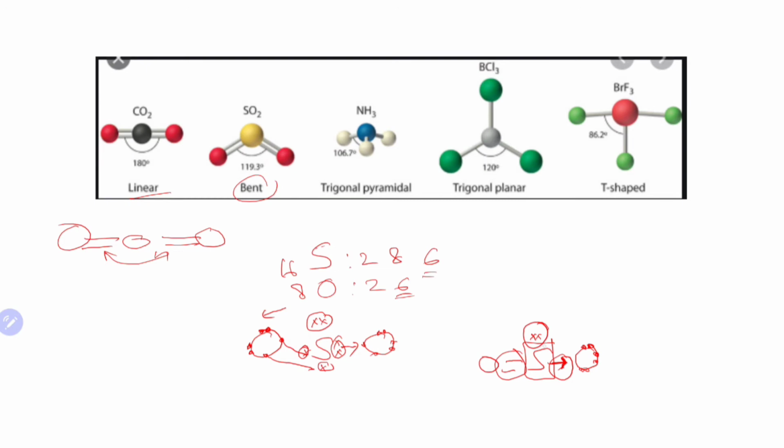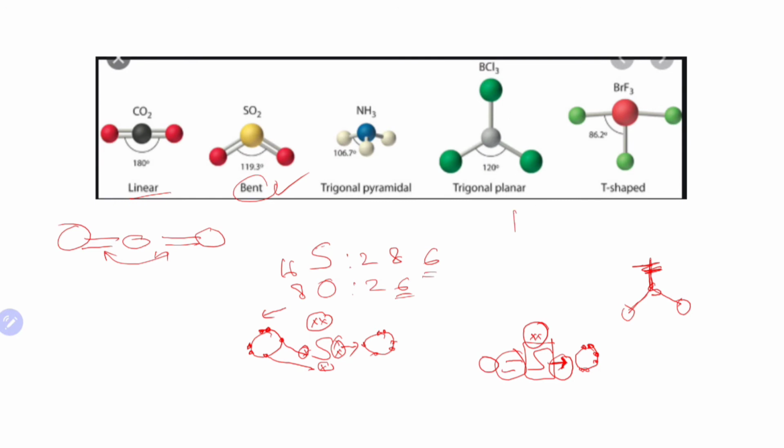So for 3 the original is trigonal planar, like this. This is S, O, O. Here is empty, so the result is bent. You can try for a